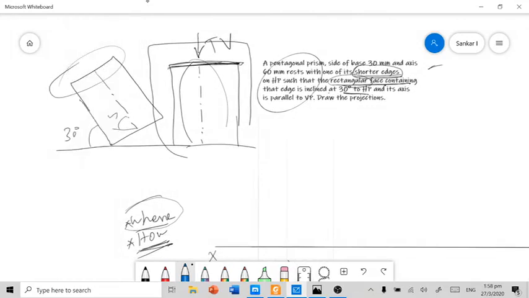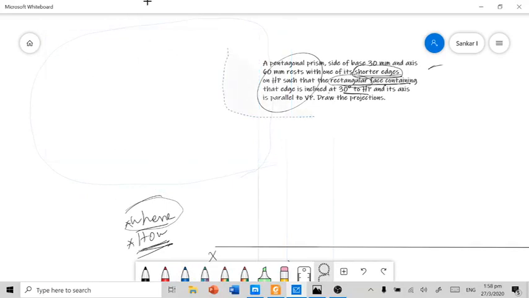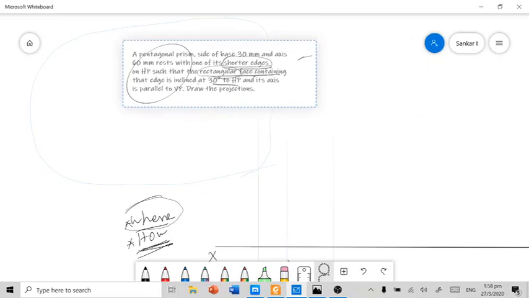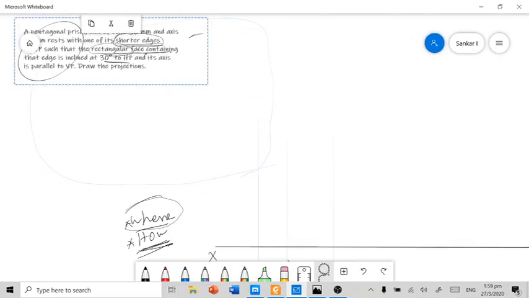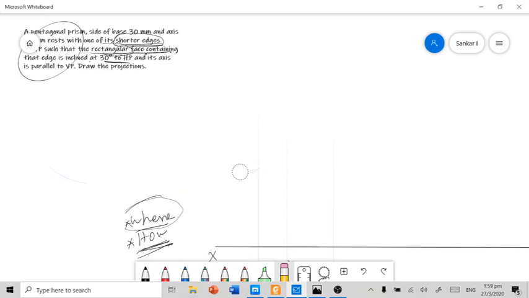Let me rub off the unnecessary things on the board. The axis height is given as 60 mm.